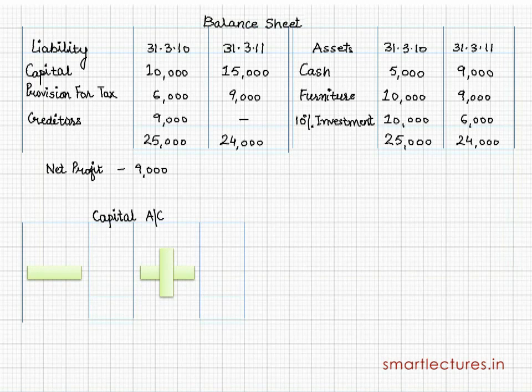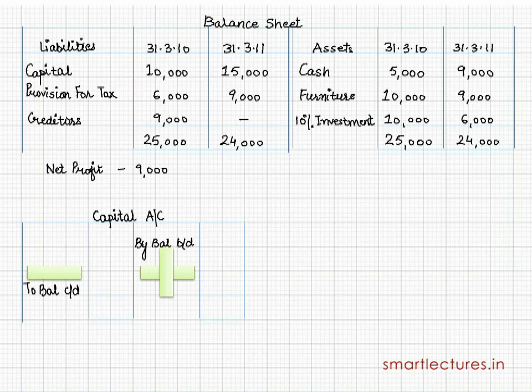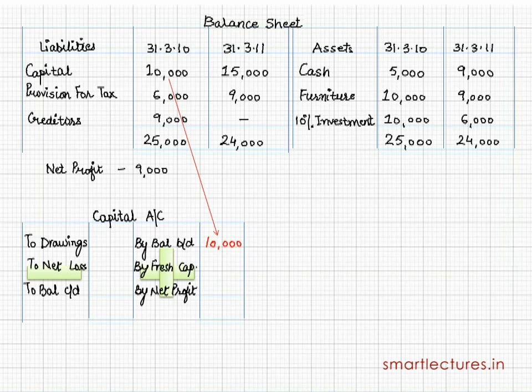Number 1, capital account. You know, on credit side, by balance b/d. On debit side, to balance c/d, to drawings, by fresh capital, by net profit, to net loss. So by balance b/d is 10,000, to balance c/d is 15,000. By net profit 9,000, because it's clearly written in the question that the net profit of the firm was rupees